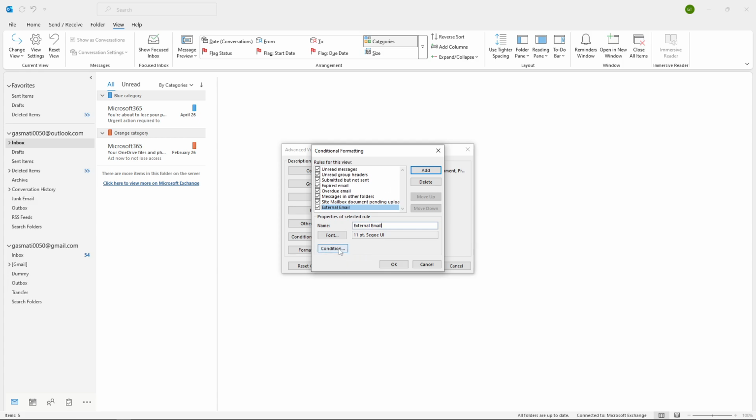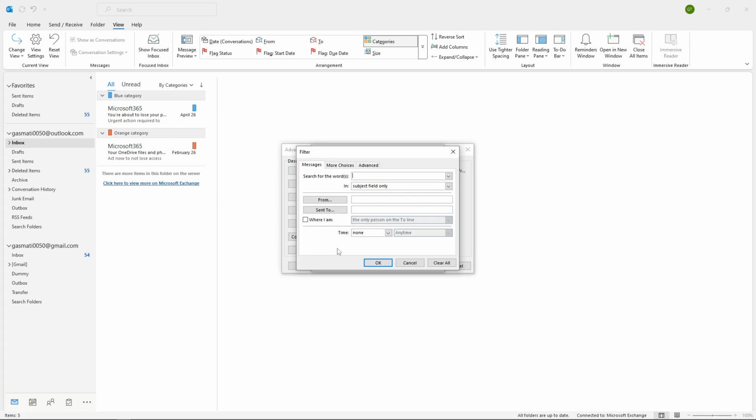Next, click on the Condition button. This opens a condition filter window where you'll define what makes an email external. Look for the From field provided in this window. Here you'll enter external domains that you want to flag. For example, you can type @gmail.com, @yahoo.com, or @icloud.com. These represent common external email providers, so any emails coming from these domains will be marked according to your